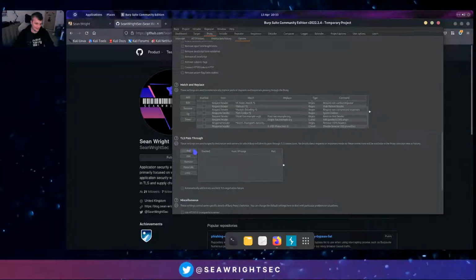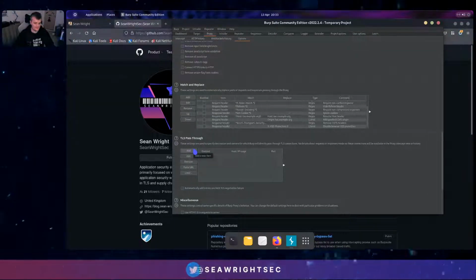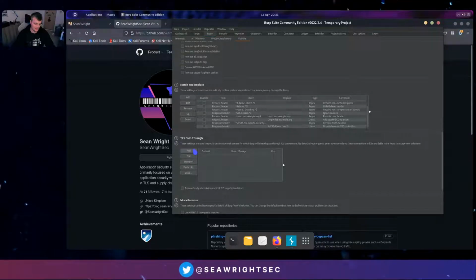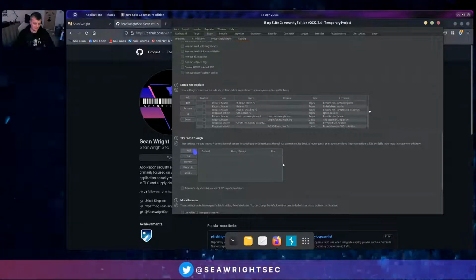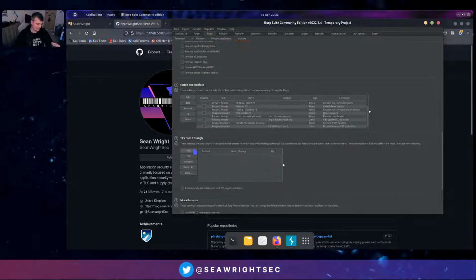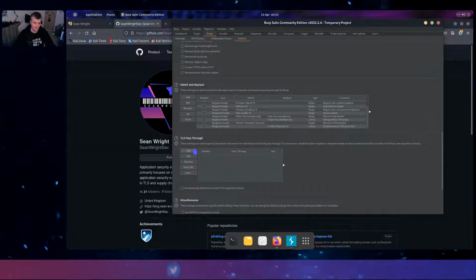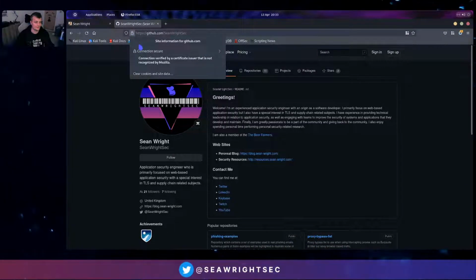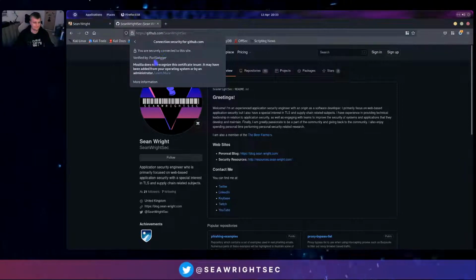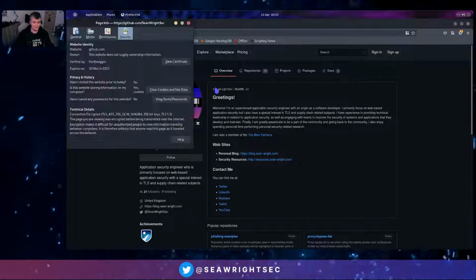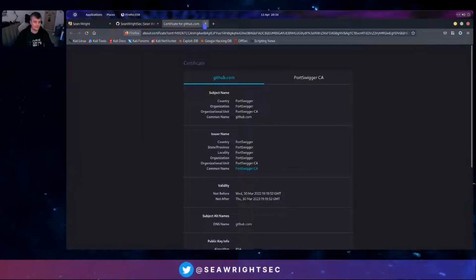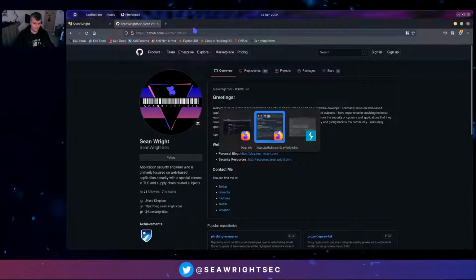And then TLS pass-throughs. Now, there may be some times where you don't want to intercept the TLS requests and responses. So what it'll do is still go via Burp Suite, but it'll just send it straight through. So it won't actually do the interception. So in this case, just to show you, if we go to GitHub, you'll see the certificate is signed by PortSwigger, right? Now, if I add GitHub to the